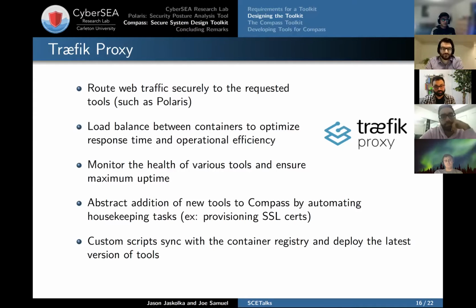In addition to Traefik, we have our own custom scripts to sync up with these different container registries that we talked about and deploy the latest versions of the available tools. For example, if I want to make a change to the website or to the tool, I don't need to go the whole route and talk to the server and see if I can push the change. I just need to push it to the code repository and attempt a merge of the branch, and it'll run the automation tests, see if it works and everything is good as expected. If it passes, it's able to make the container image for me and deploy it into the container registry.